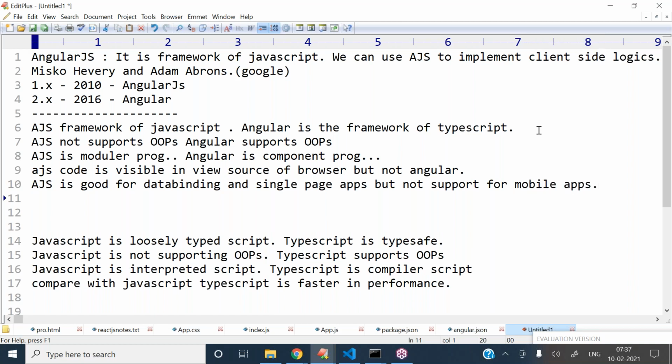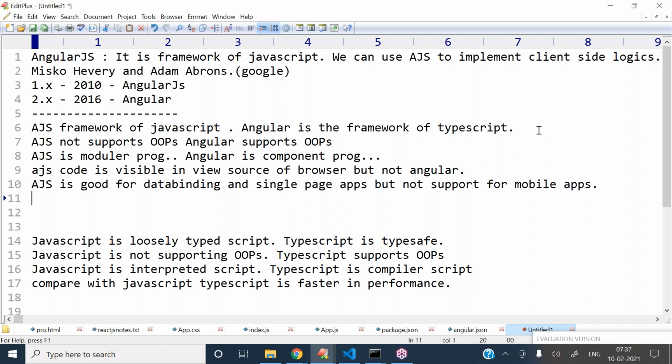So AngularJS is not that supportive for mobile applications. It is good for data binding and single page applications, but it is not supportive for mobile applications.